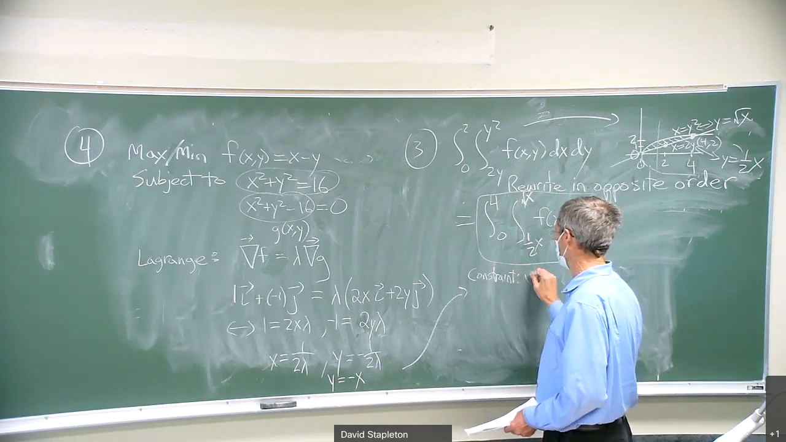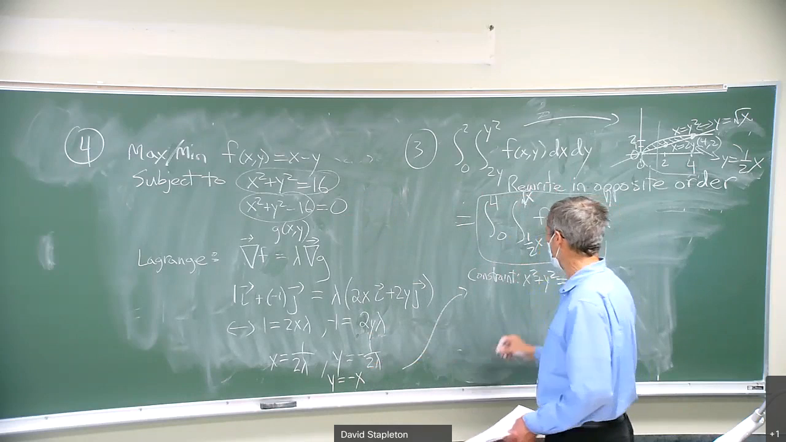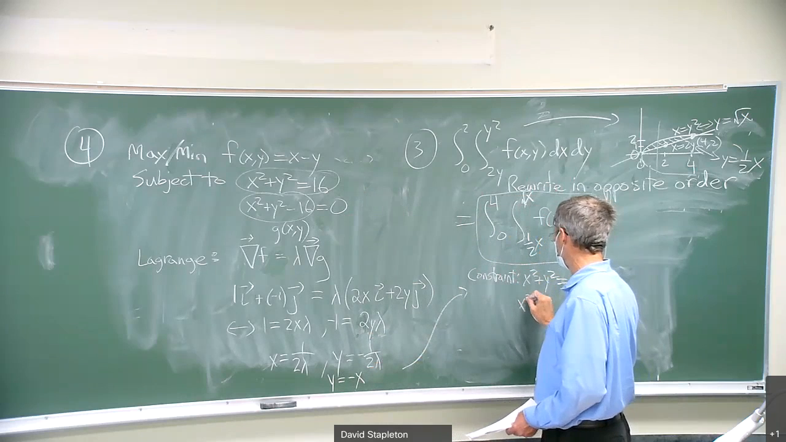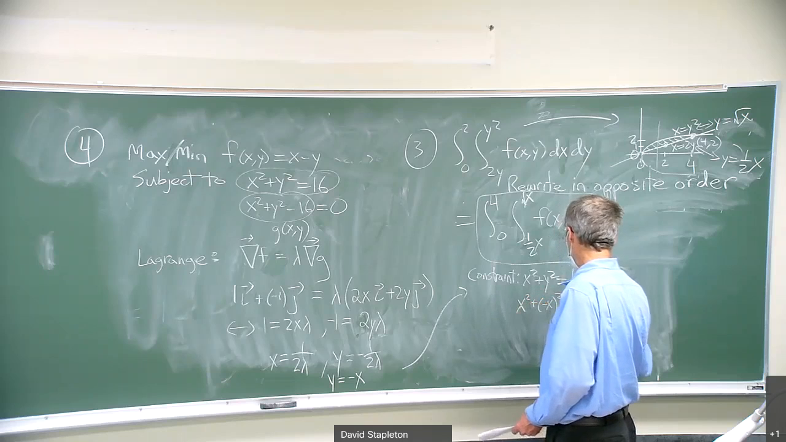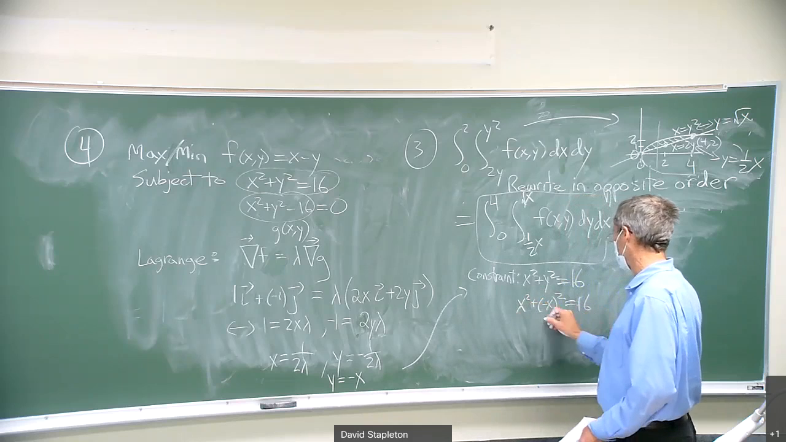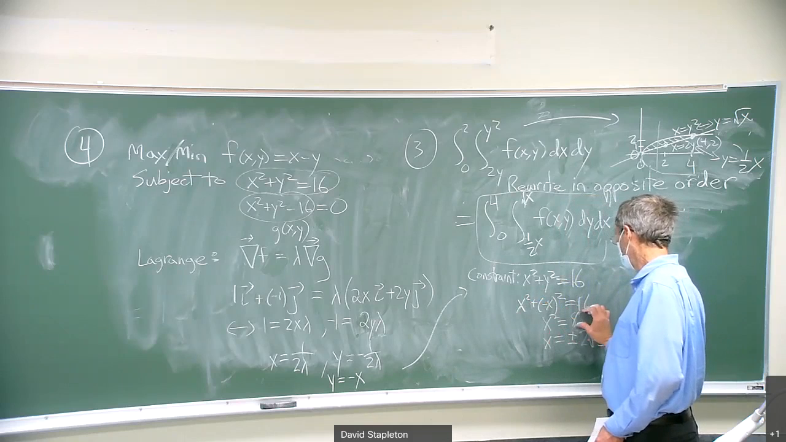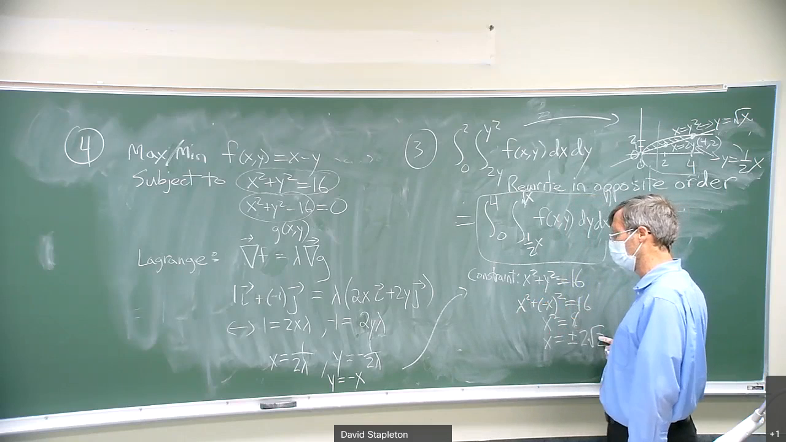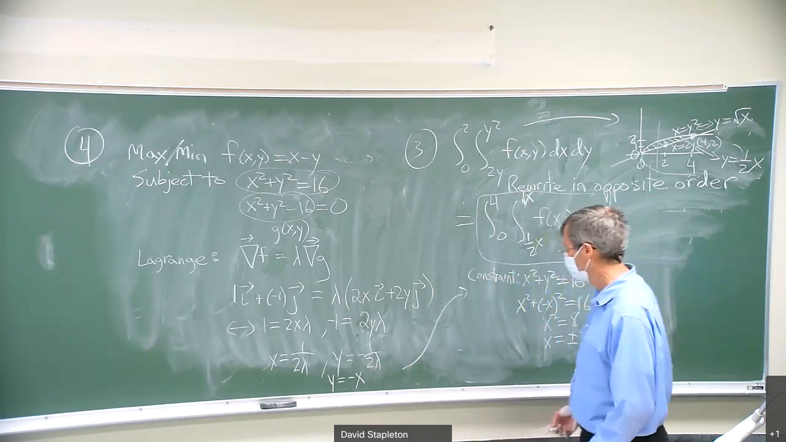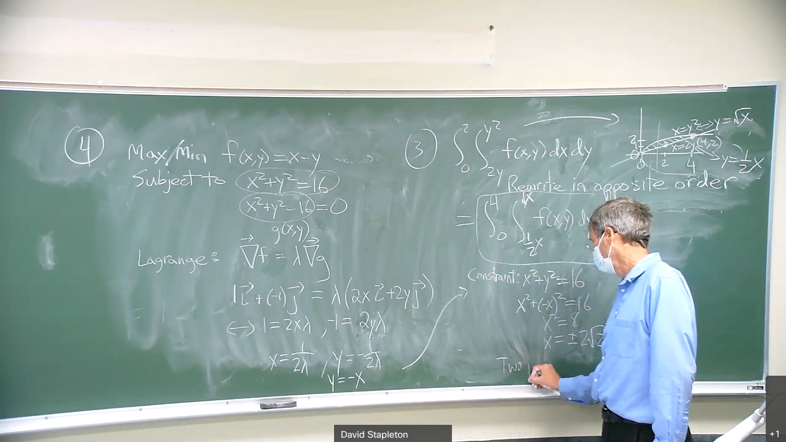I'll write it in the original form, x squared plus y squared equals 16. And I'll plug in y equals minus x and get even easier. Get x squared plus minus x squared equals 16. That says 2x squared equals 16, or x squared equals 8. x equals plus or minus 2 square root 2. So the only points we have to check are x is plus or minus 2 square root 2 and y is minus x. So there's only 2 points to check,